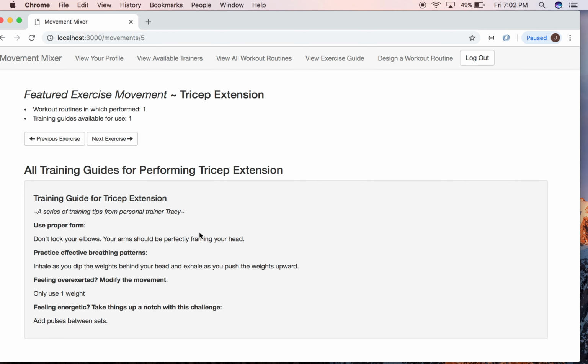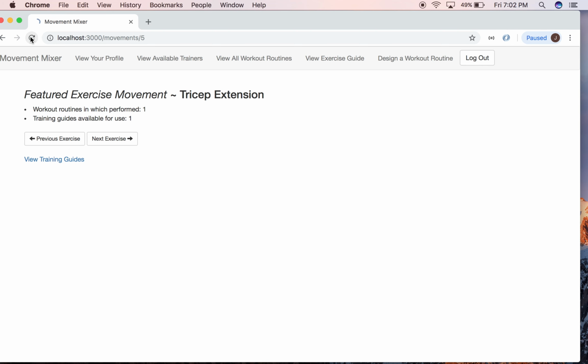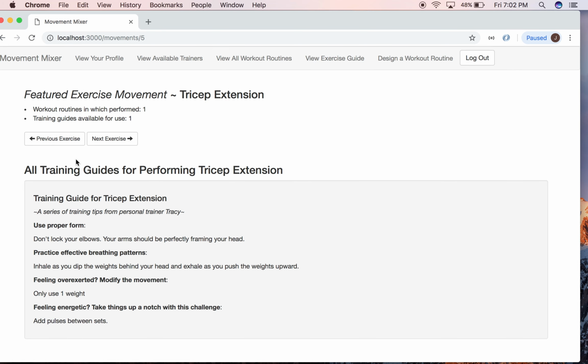So each exercise movement has many training guides, so I'm rendering the guides belonging to that movement on the movement show page. So as I saw, if a movement has guides that belong to it, as opposed to no guides at all, there's a link to view training guides. And this link has a class of movement-guides on the movement show page here. And in my JavaScript, I have a function that's stored in guide.indexHandler. And when this link is clicked, what happens is I'm sending an AJAX GET request via the jQuery GET method